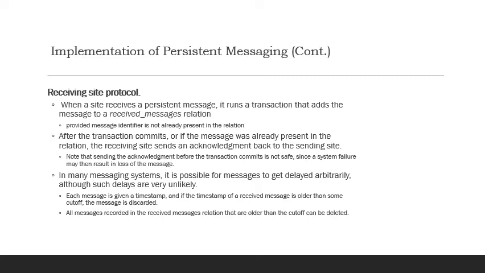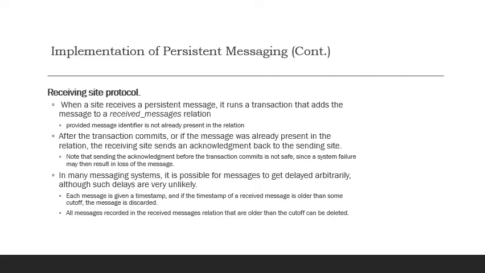When a site receives a persistent message, it runs a transaction that adds the message to the received message relation, provided that the message identifier is not already present in the relation. After the transaction commits, or if the message was already present in the relation, the receiving side sends an acknowledgement back to the sending side. Note that sending the acknowledgement before the transaction commits is not safe, since a system failure may then result in